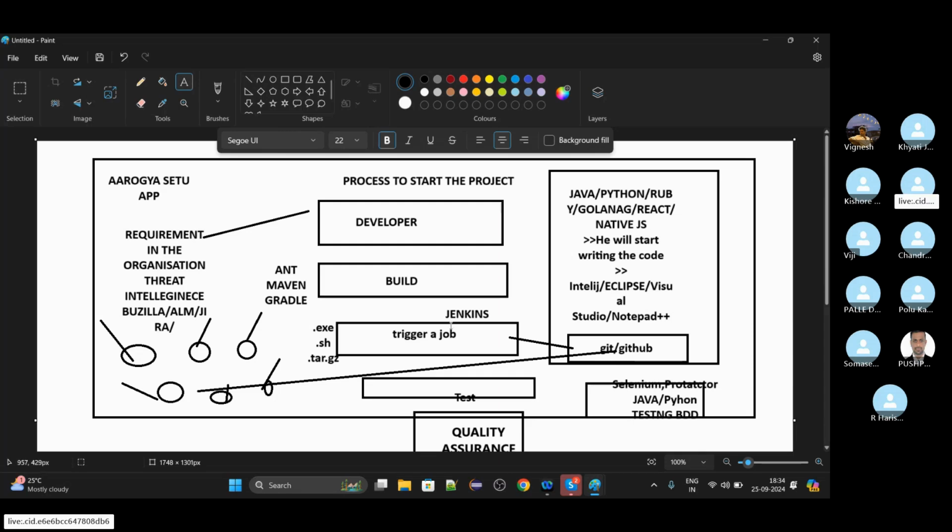When the Jenkins part is done, it starts triggering the builds. Once the triggering is done, an application build is started. Once the application build is started, after that, what happens? It goes to the automation testing team. They validate in their environment, where they validate the product by deploying it and configuring it. Later on, once it is done by automation testing, then it goes to the manual testing team.